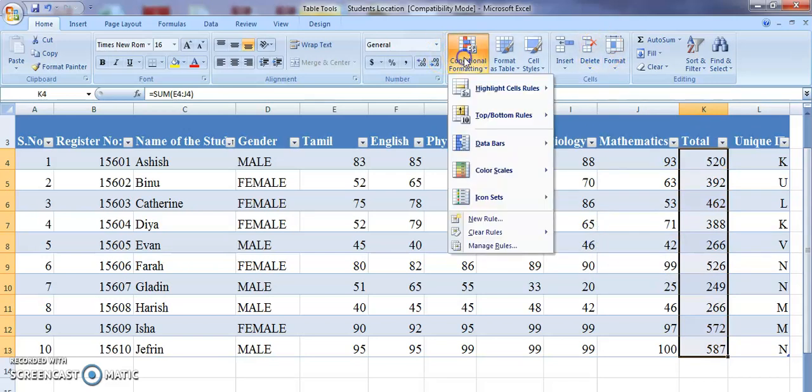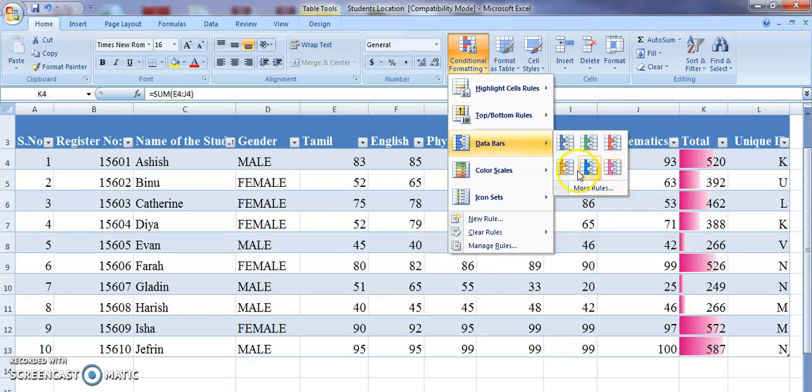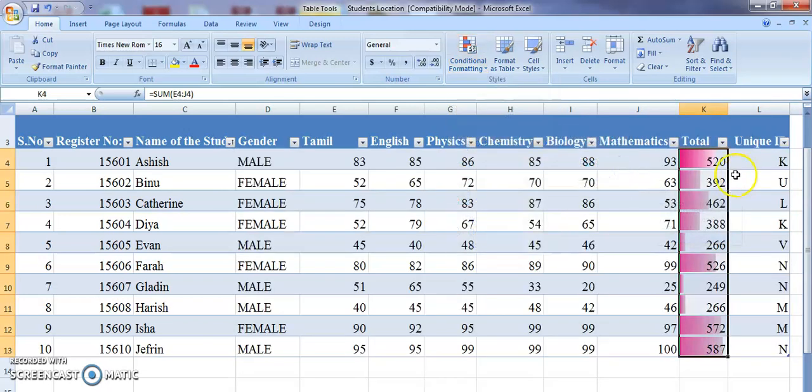I am going to conditional formatting. There is an option called data bar. I'll give some solid colors. You can identify immediately when I place my cell in this orange color, or even in the pink, that it is highly highlighted. You can see the highest totals are given more range of color, whereas for the lowest totals the color shades get dull, and even duller when it reaches 49. Hope you have identified the change here. So this is how you can highlight it.